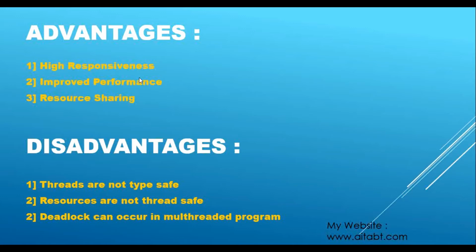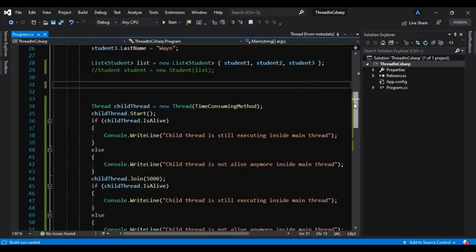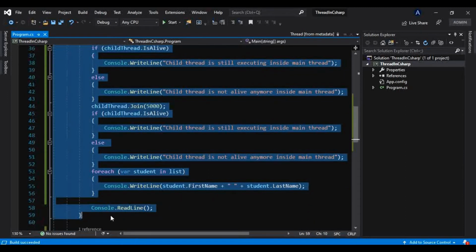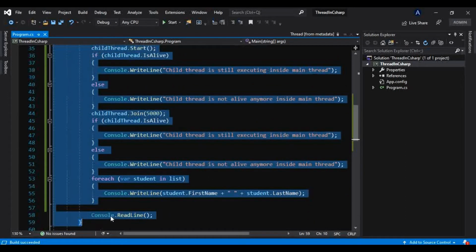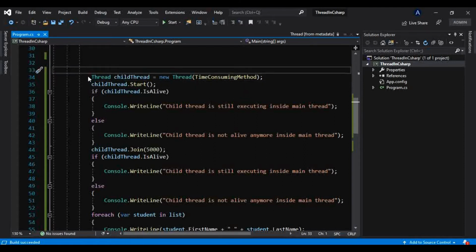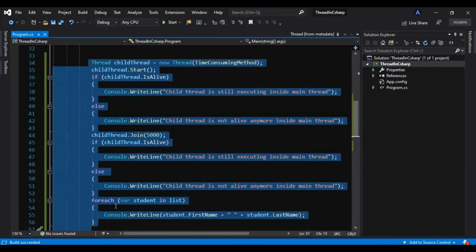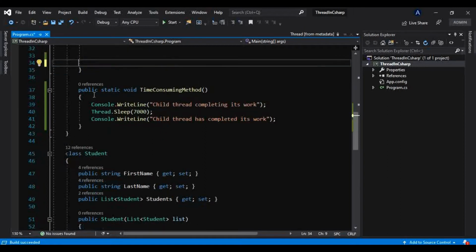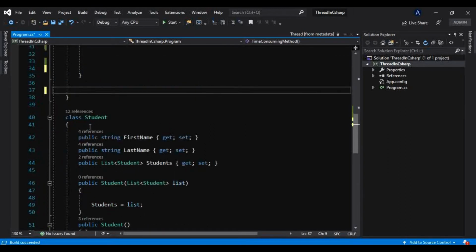And the second advantage is improved performance. Now how is it improving the performance of our application? Let me show you that. To show you that, I will get rid of all of this code from here, and I will get rid of this method as well.